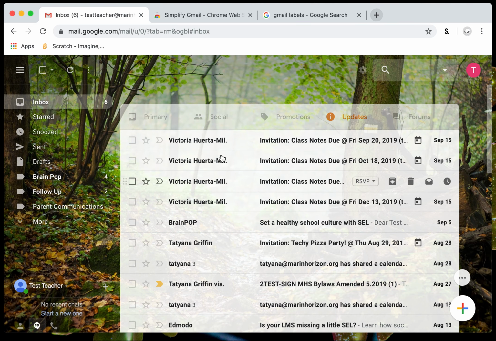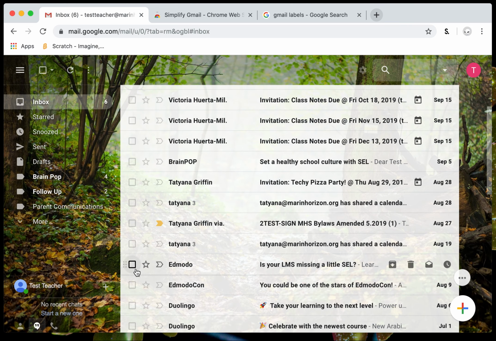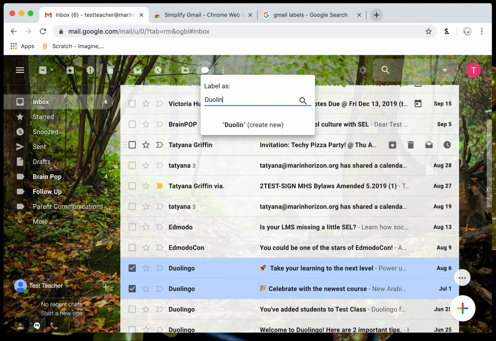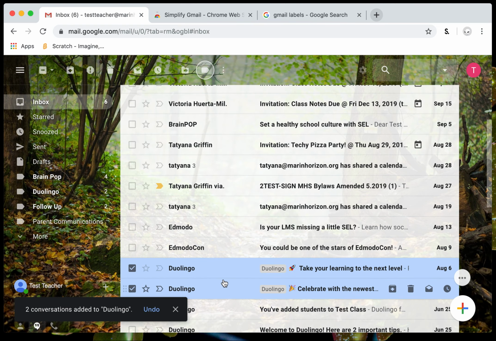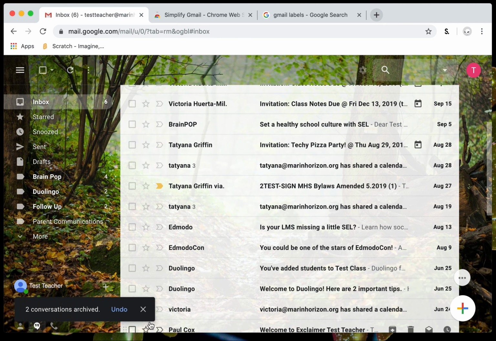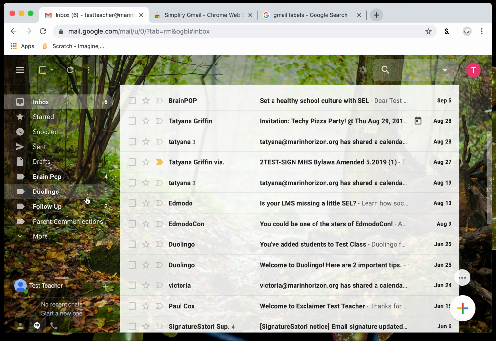Finally, I may want to add a label for something. And it's still in my inbox, but let's say I want to just move it into that folder. I've labeled it, but I want to move it out of my inbox. It's still in my inbox right now, but I can check these boxes and I click the archive button, which is different from delete. And so it's moved out of my inbox. And now it's